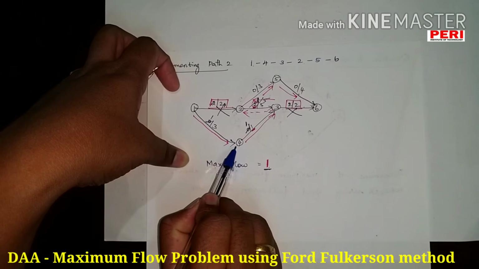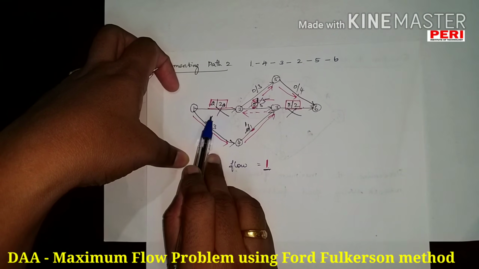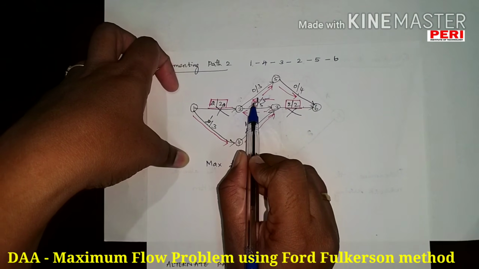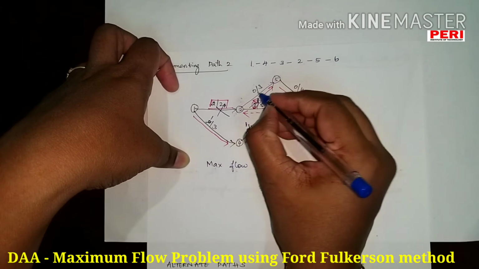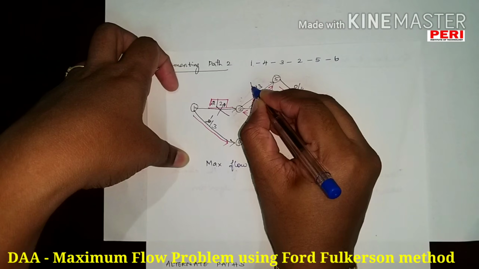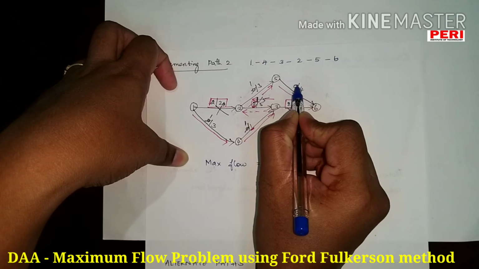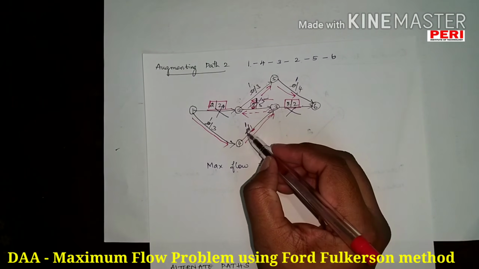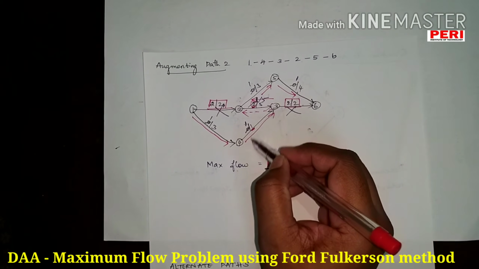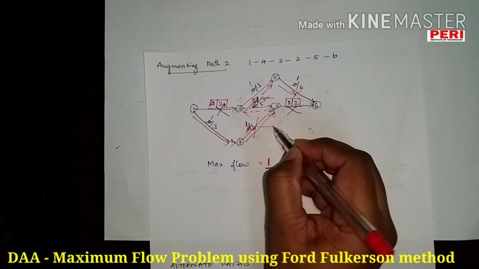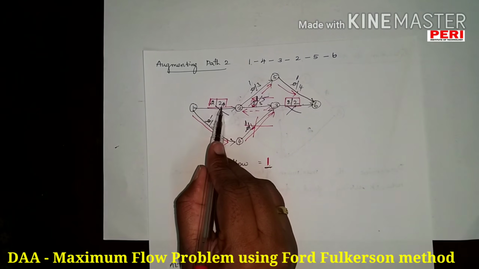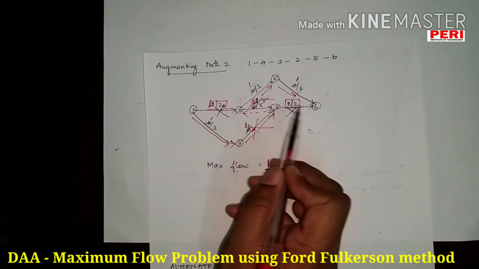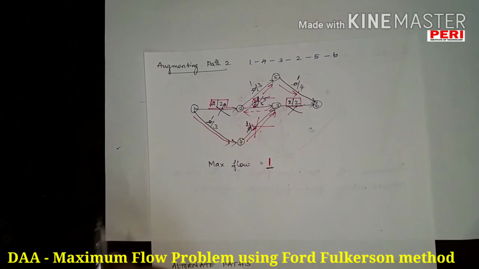If I'm coming across forward, I'll be adding. 0 plus 1 becomes 1. 0 plus 1 becomes 1. If I have a backward flow, I'll be subtracting. 2 minus 1 becomes 1 here. So here it is forward, therefore 0 plus 1 is 1. Here it is forward, 0 plus 1 is 1. To make a note here, 1 by 1 means that the total pipe is filled now. You cannot transmit anything else through this path. So this way is also blocked. This way is also blocked. Therefore, I cannot go by any way from source to destination. Therefore, I have come to an end.